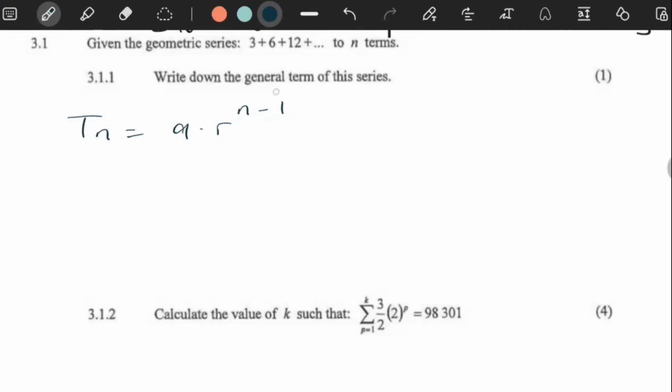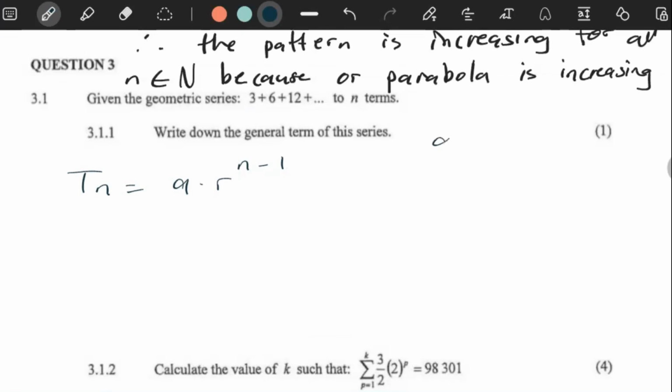So this is not a difficult question, because our first term is a 3. Common ratio is T2 over T1. And then our value of n is just n. So in a situation like this one, we know that for 1 mark, the question is